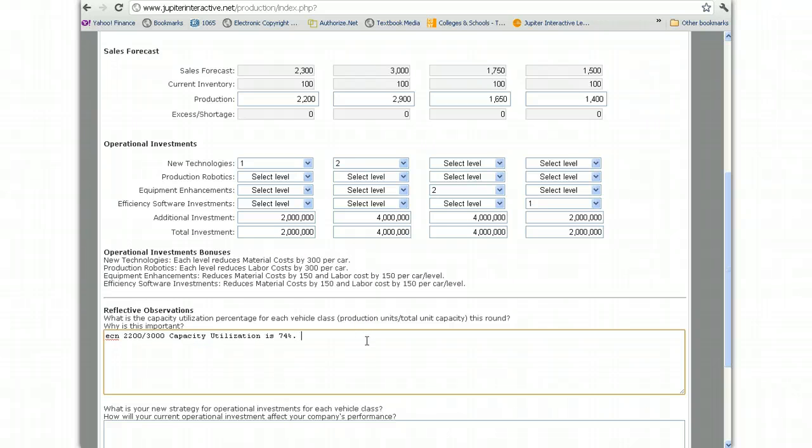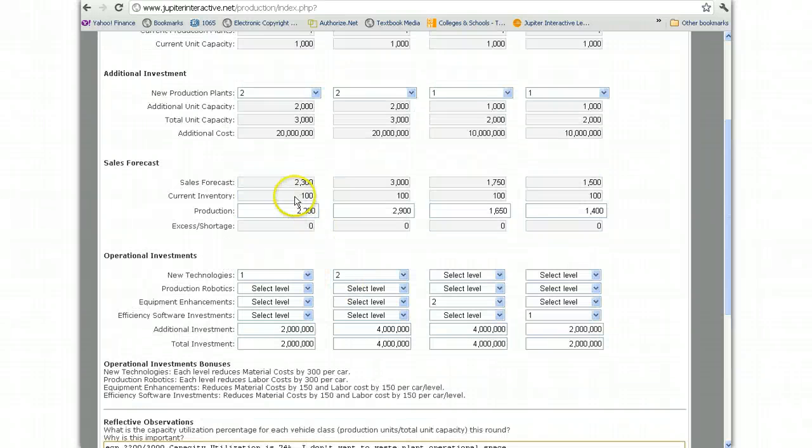I guess I don't want to waste plant operational space. I guess this is good to kind of realize if I am spending $10 million to buy an extra